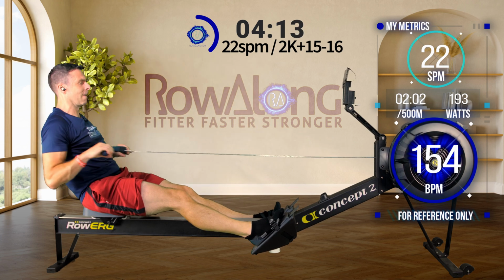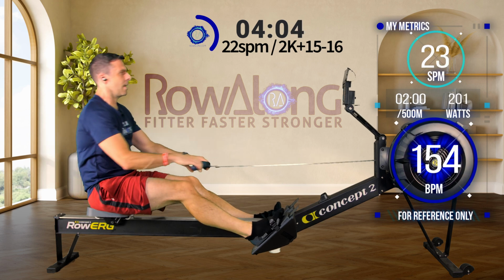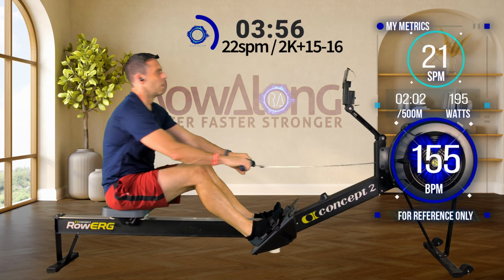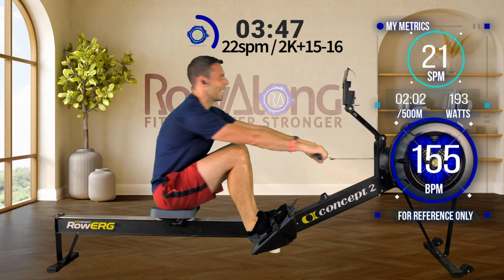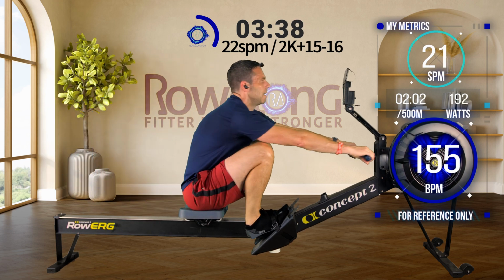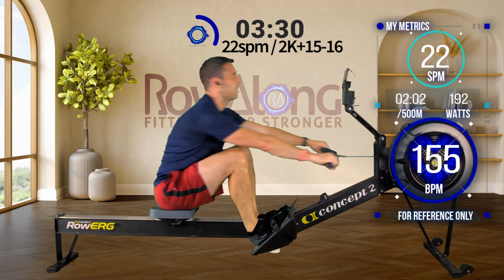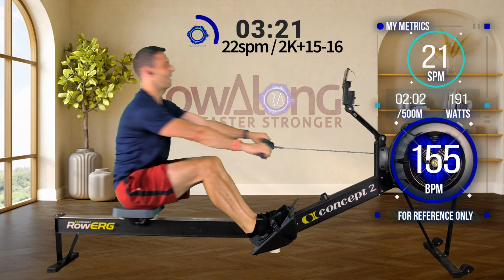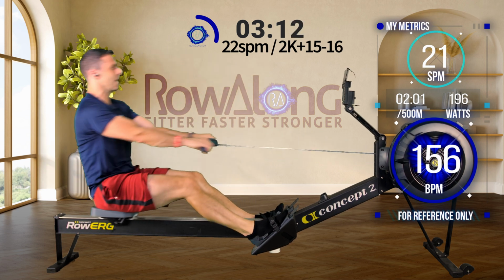It just accumulates. And where this would ordinarily be a really easy pace, suddenly it's just that little bit tougher than if you were just doing a half hour at 20. But then that's the point of this workout. Not every workout can be a single low rate, 20 strokes a minute, half hour or something. You need to mix it up, test your body a little bit. But outside of a race environment,